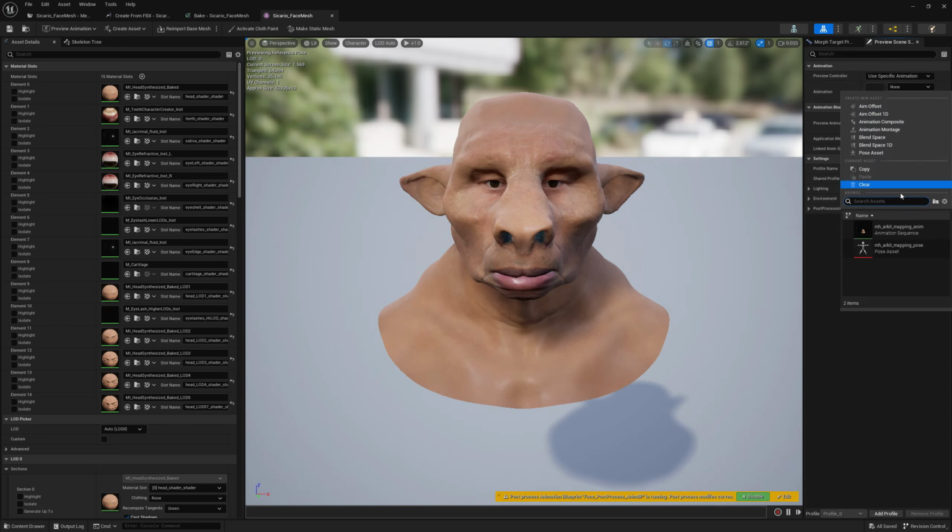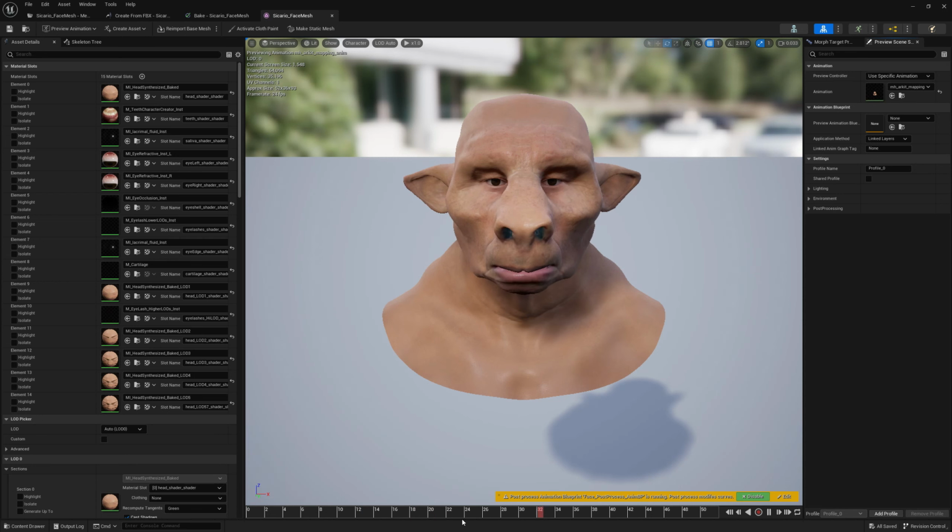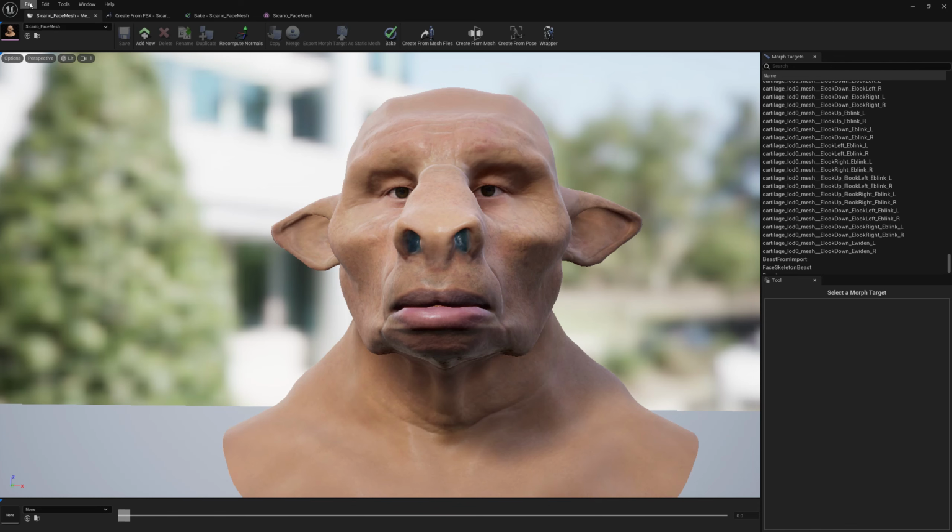Let's select the archit animation. This is the best way to test if our morph target was baked and we did a good job, right? And as you can see, we don't have all those problems. The face is currently fixed, right? Now we have to do the same